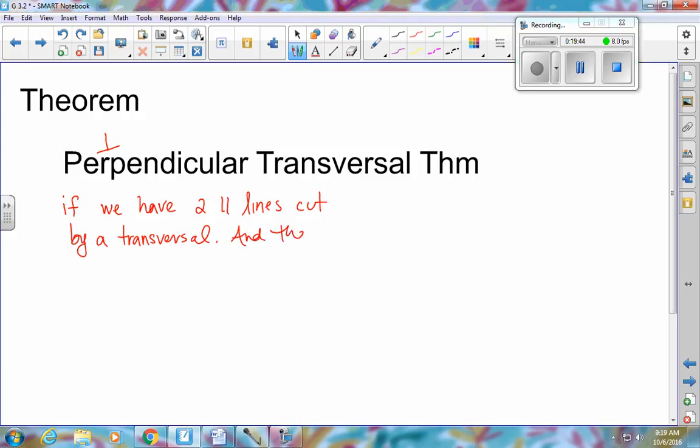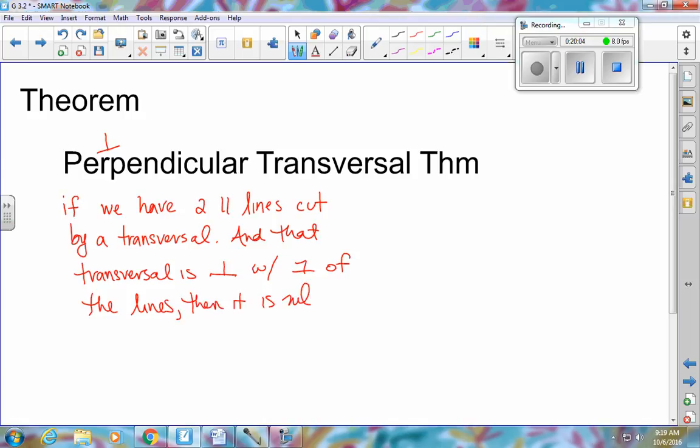and that transversal is perpendicular with one of the lines, then it is ultimately perpendicular with the other. So if you look at your picture, I don't know which way it's drawn, maybe this way,